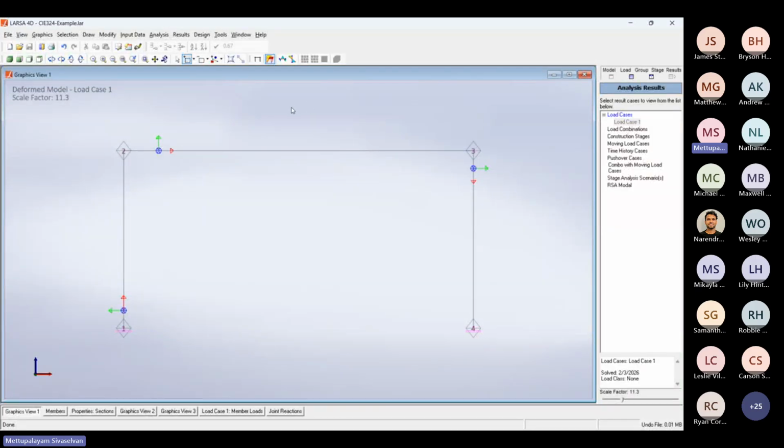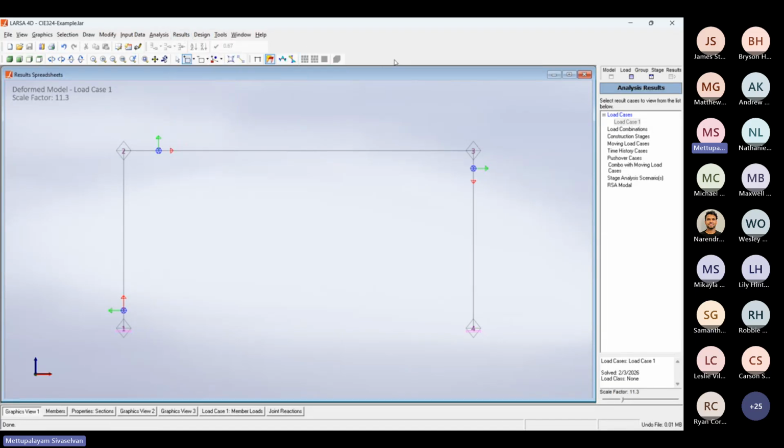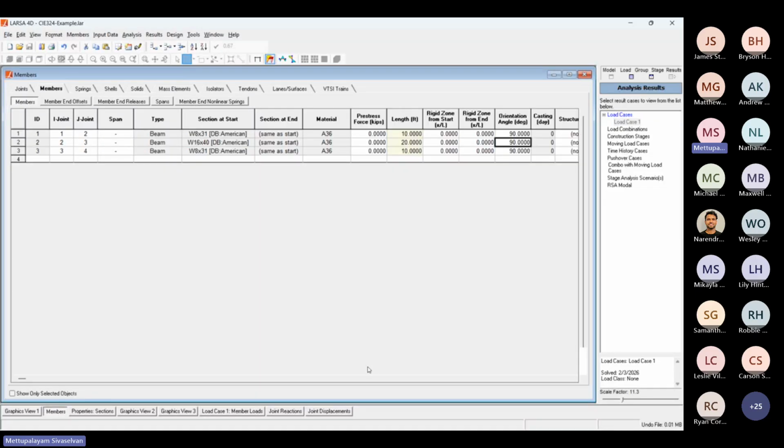So in order to see a better displaced shape, although I can see joint displacements in the spreadsheet, I can go and see spreadsheets, joint displacements. And then for load case 1, I see some small amount of X translation and small amount of Z translation and Y rotation, right? But if I want to get a better picture of the displaced shape, I'm going to break these members up a little bit. Okay, so